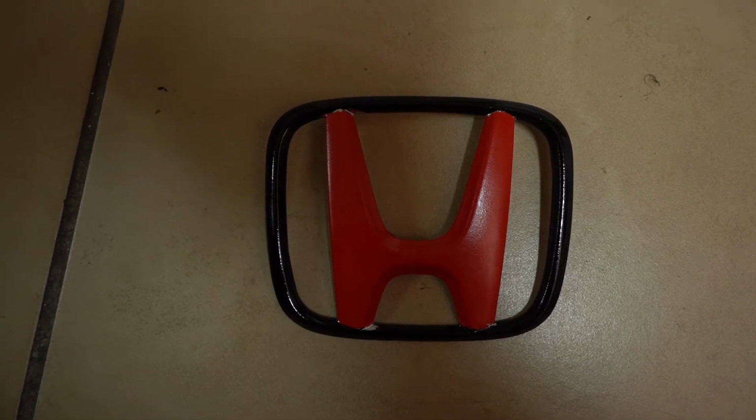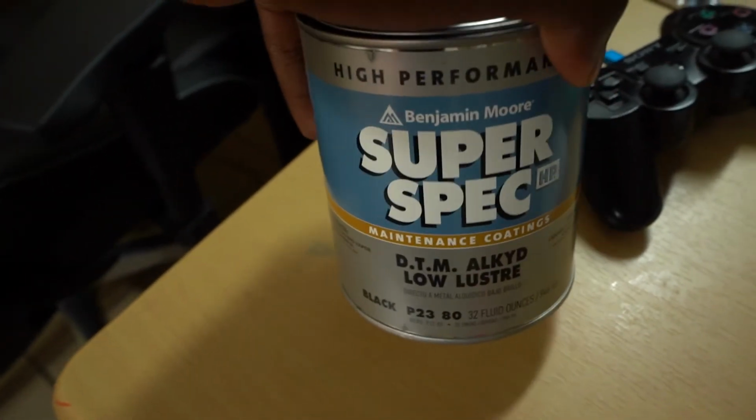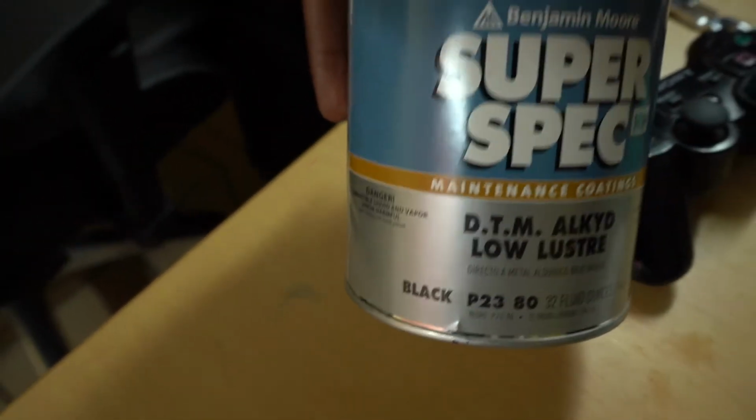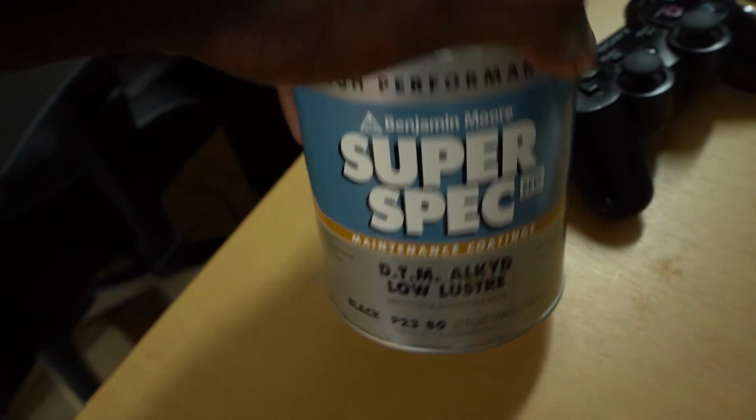So let's get it. So as you can see, I ended up buying another paint, but a regular paint because I want to do touch-ups on this. And this is black. So I don't think it's glossy black, but what I would do is redo the clear coat all over. But I'm about to do touch-ups on this area over here. If you can see,